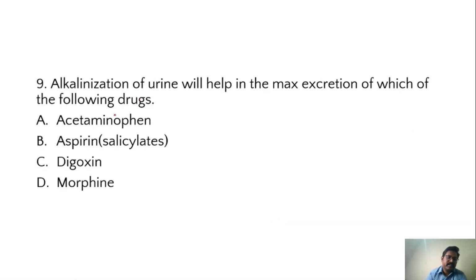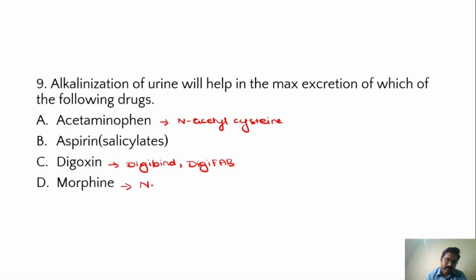So next question, again this was asked in your exam. Alkalinization of urine will help in maximum excretion of which of the following drugs? The options were acetaminophen, aspirin, digoxin and morphine. Please remember that in case of acetaminophen toxicity, there is a specific antidote. Which is the specific antidote? N-acetylcysteine. Whereas for digoxin, you have digibind, or we call it digifab. For morphine, you have got an opioid antagonist, that is